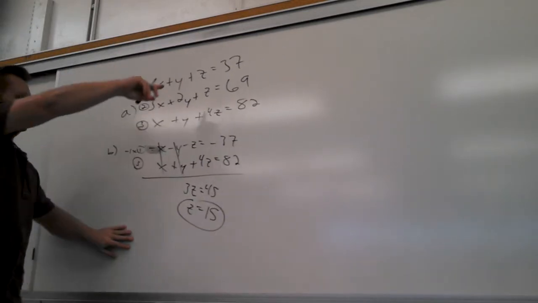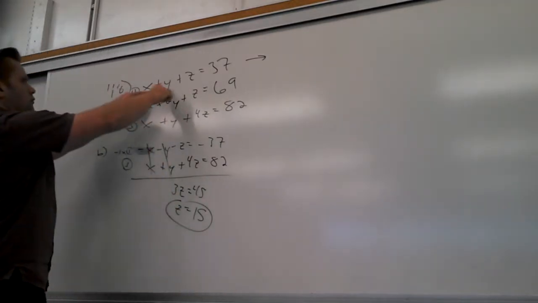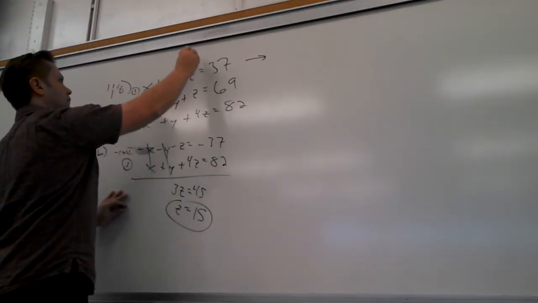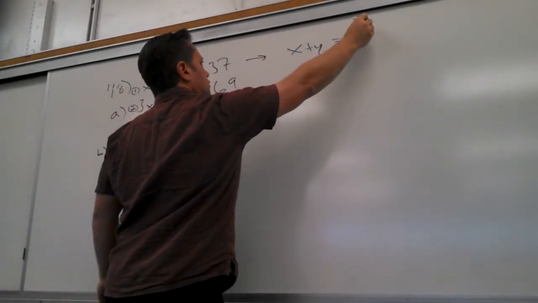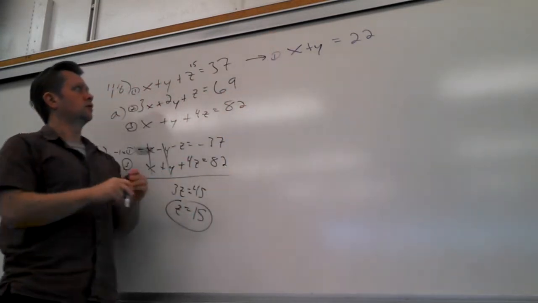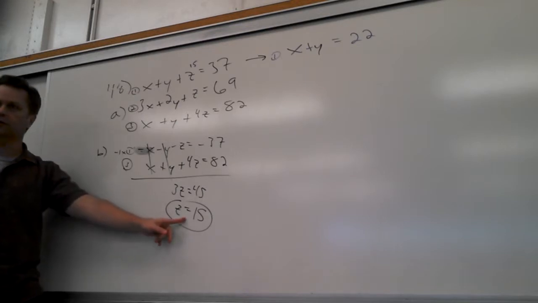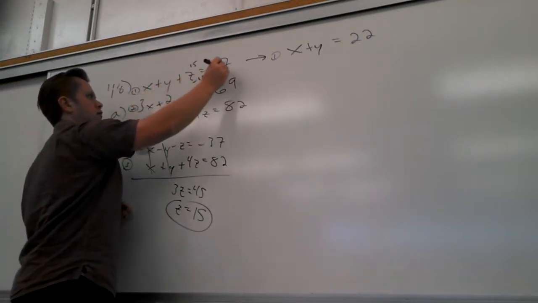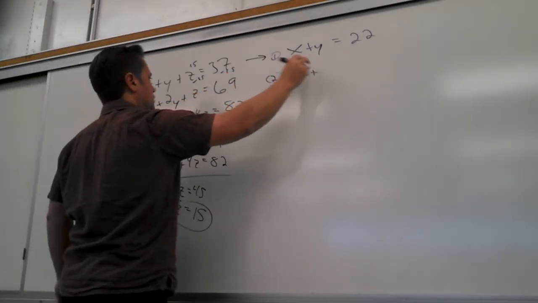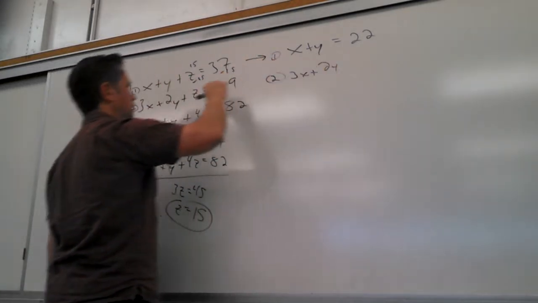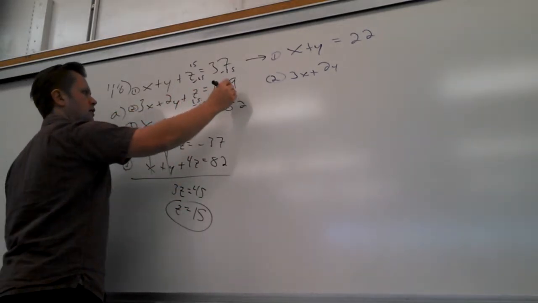So let's see. If I plug a 15 in, what do I get here? I know z is 15, so x plus y plus 15. Subtract 15, so I get x plus y equals 22. Is that cool? I put a 15 in for z because I know z is 15. Then subtract 15, bam. What do I get here? 3x plus 2y. Replace z with 15. Why? Because it is 15. Subtract 15 and I get